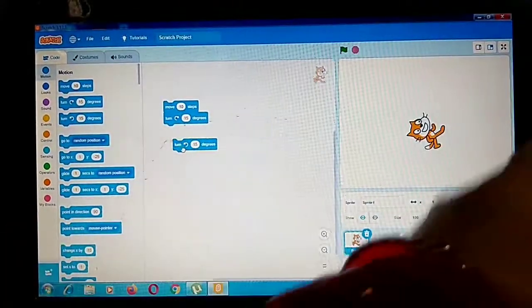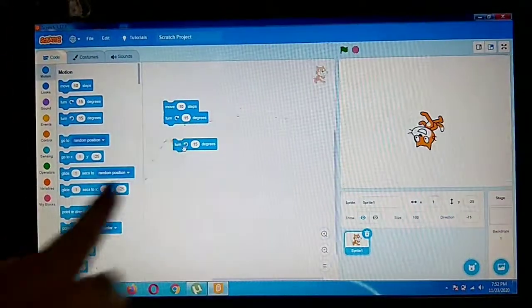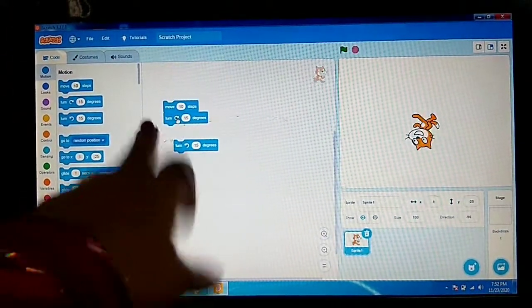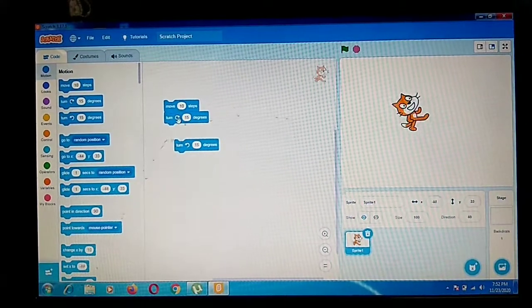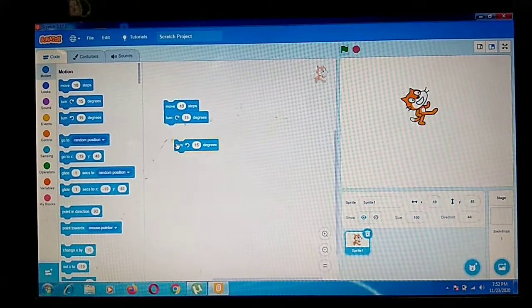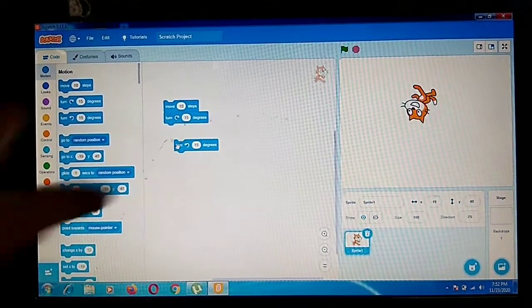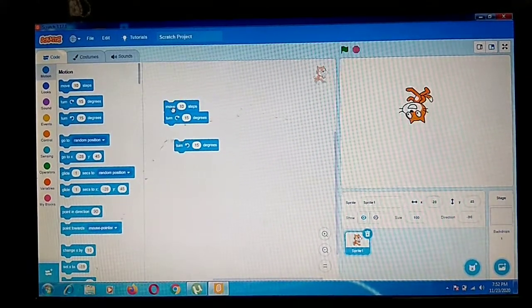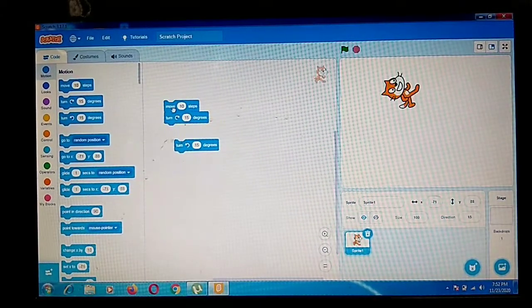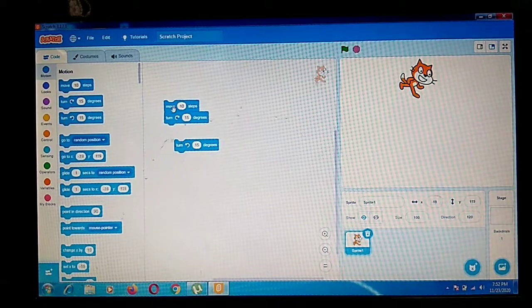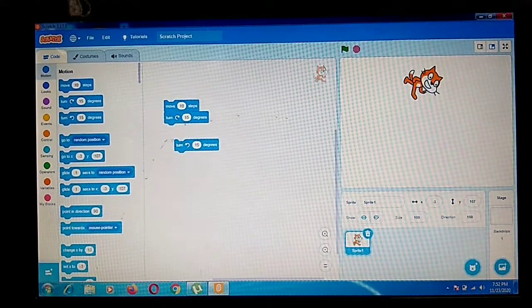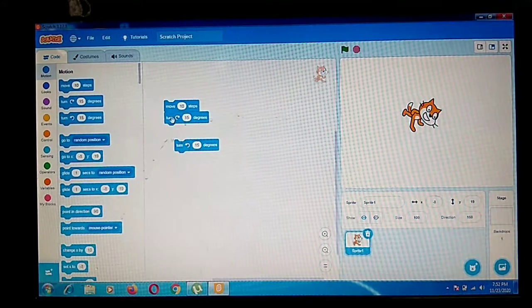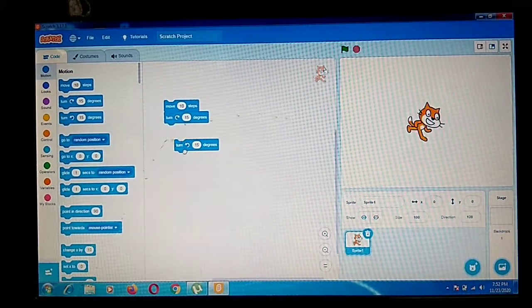So two turn blocks are there. One arrow will turn the sprite this side, and the other will turn the sprite the other side. So the move block will move your sprite in the direction which you want, and the turn block will turn your sprite. Okay, so have all understood this much?